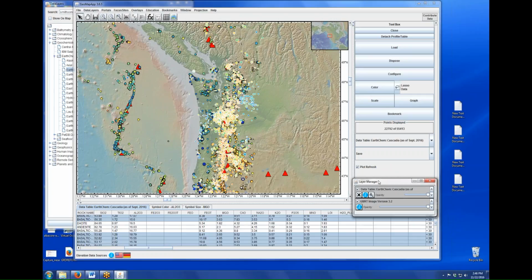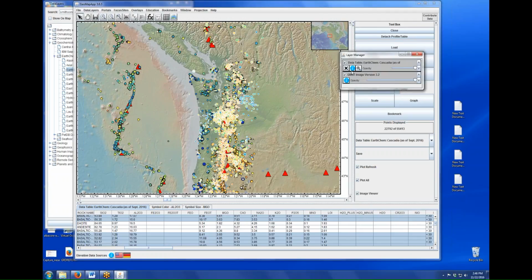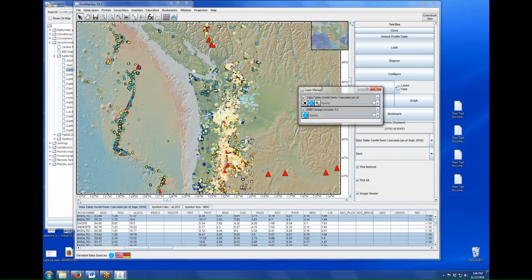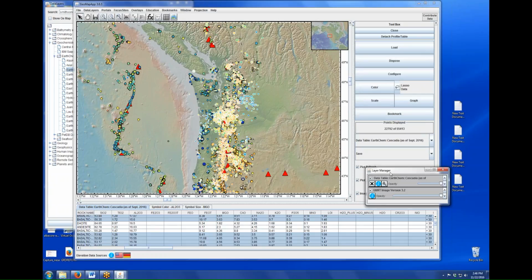I will say if the layer manager disappears for any reason, like we kill it, we can just bring it right back by clicking the symbol up here. Okay, so now, as we're getting close to wrapping up here, let's load a couple of geology maps and